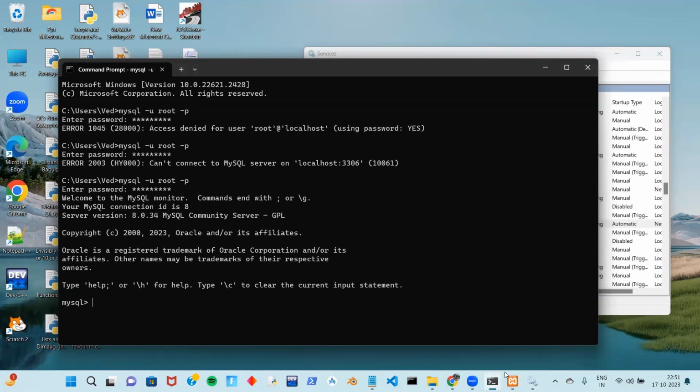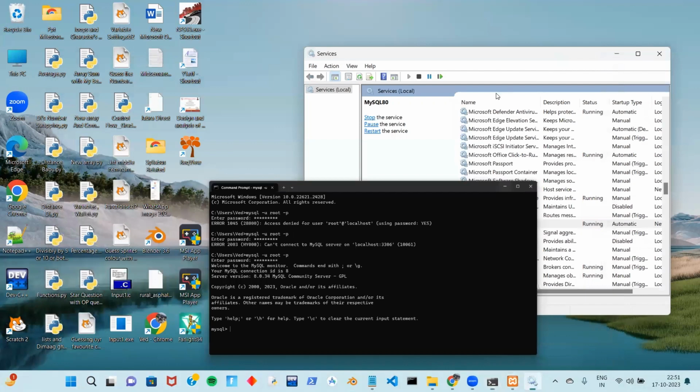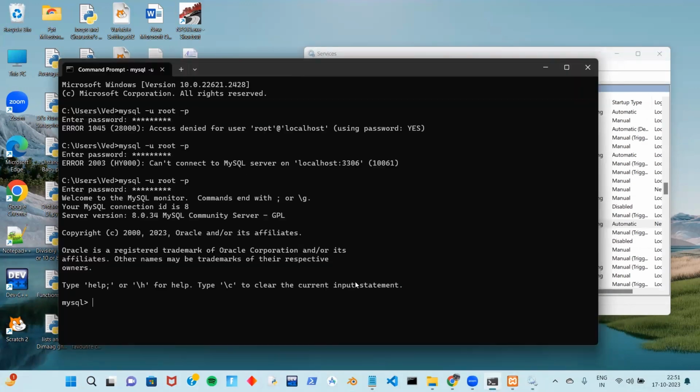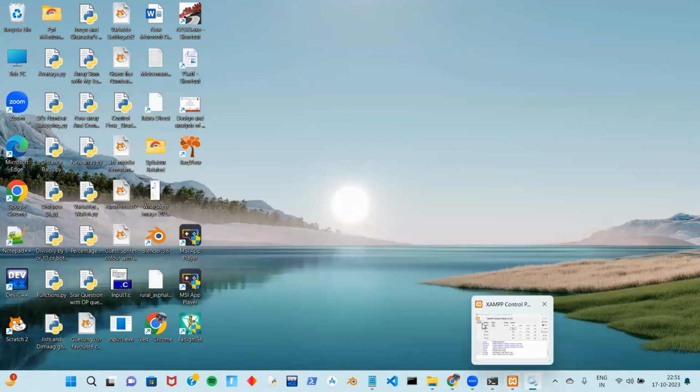As you can see, we have not started it from XAMPP. We have started it from services.msc and you can see it is working. Okay, so we will exit this for now. We will use this MySQL later when we deal with the backend part. First,